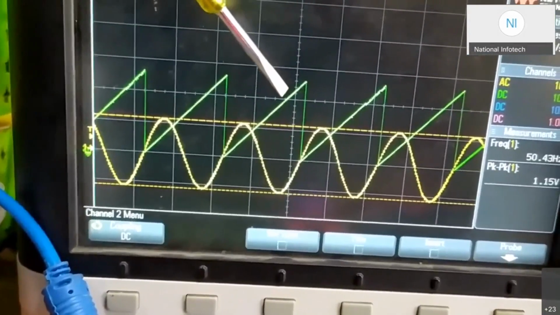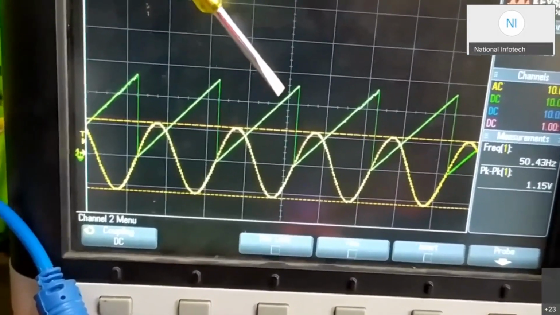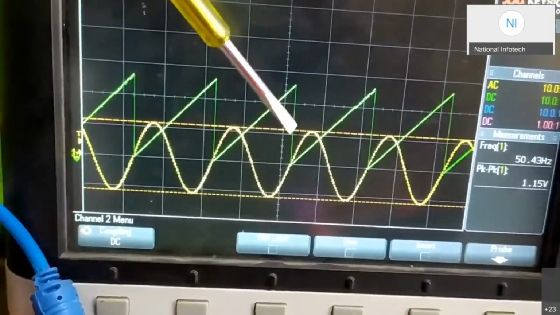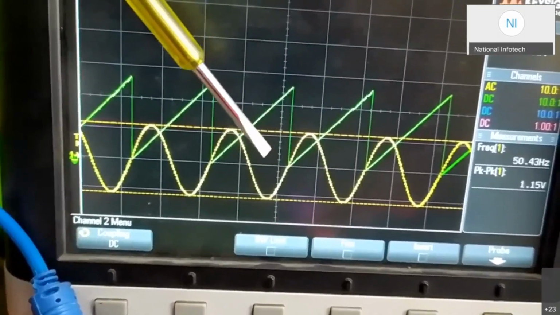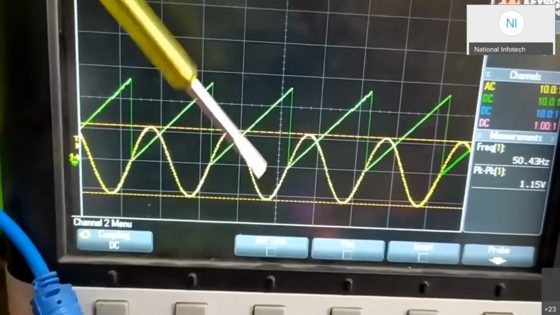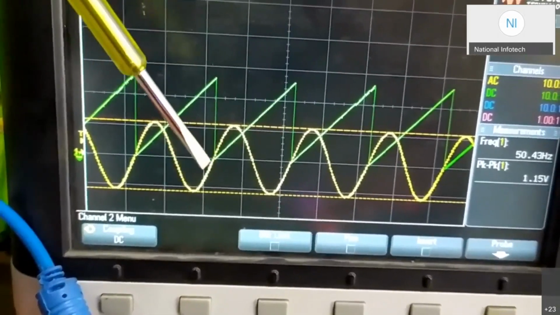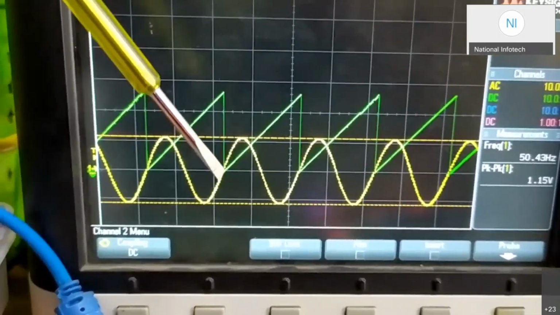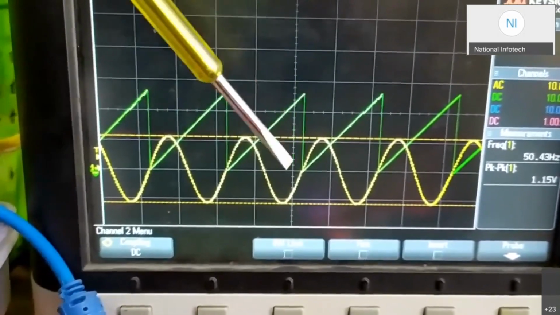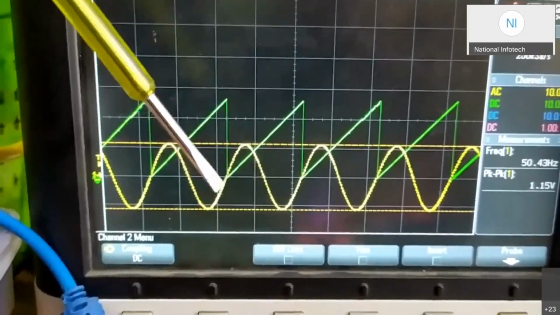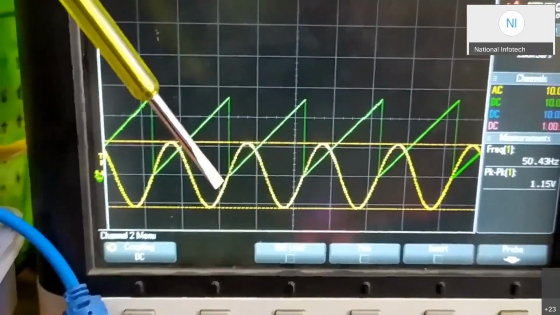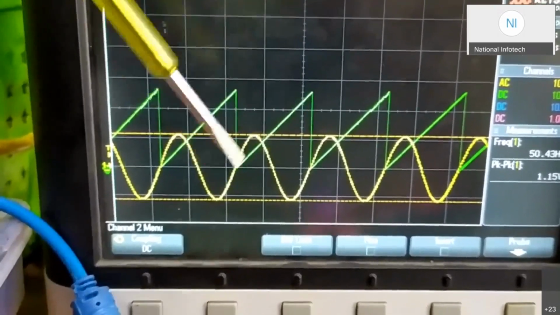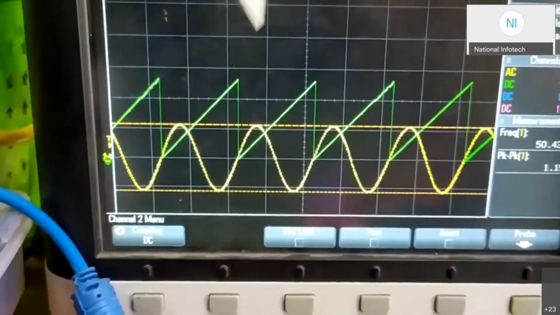We can say this is the theta alpha, or we can say the V alpha is always the same as VA, so it is always in phase with VA. The A axis and alpha axis are the same, as we have discussed in the theory also. So we are actually tracking the angle of voltage A. It is the same as the angle of V alpha. We are seeing exactly that tracking of this angle is happening.